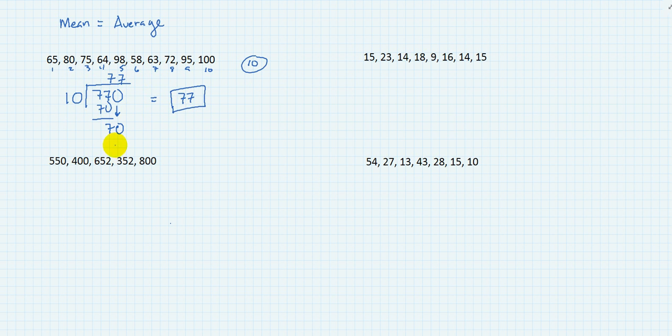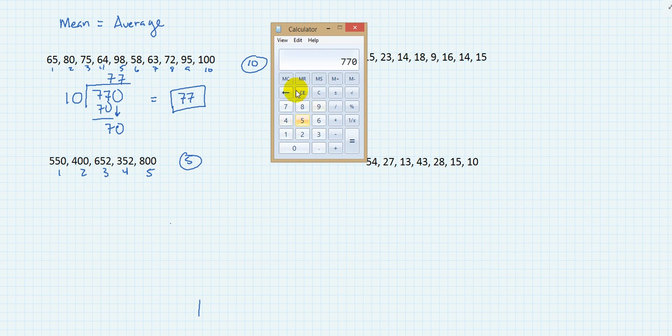Let's move on. Again, you can pause, stop, rewind, whatever you need to do. Let's come down to this problem right here. We have 1, 2, 3, 4, 5 numbers to find the average. We could bring up our calculator again and go ahead and clear it. We got 550 plus 400 plus 652 plus 352 plus 800, and we had 5 of them, so I'm just going to go ahead and divide this by 5 here, and we get about